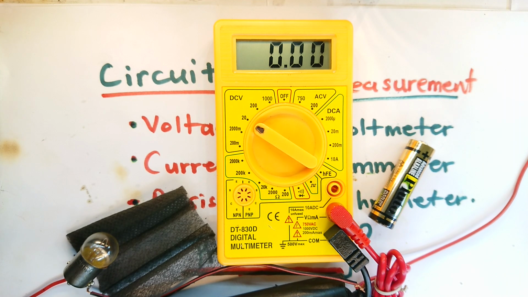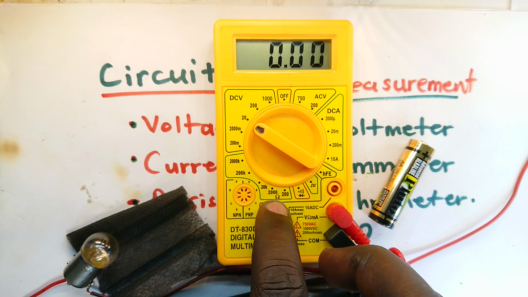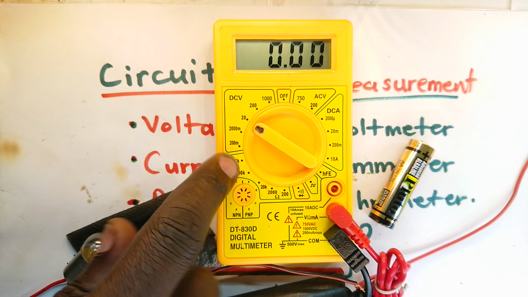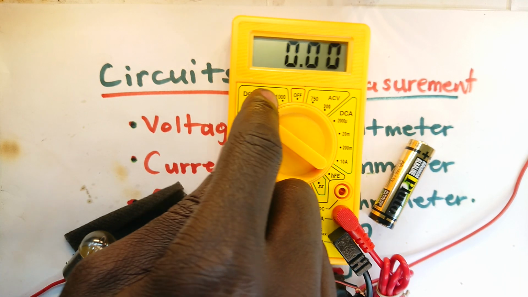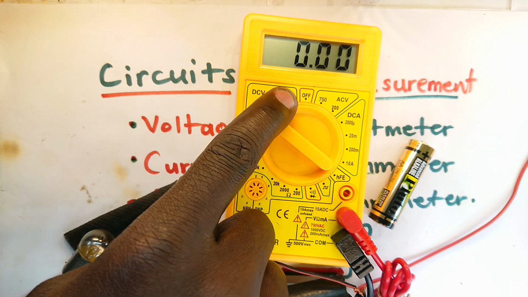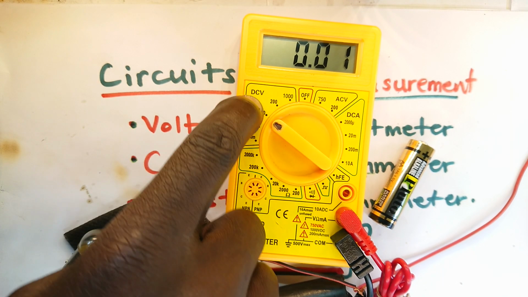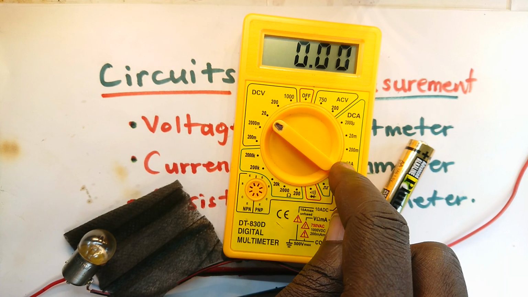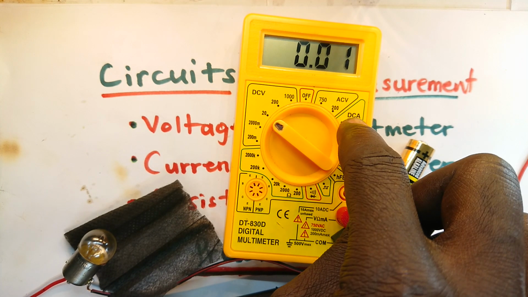It's a Greek letter, omega. So from this part to that part, that's ohmmeter. From that part to that part is voltmeter for direct current voltage sources, and then that is ammeter, direct current